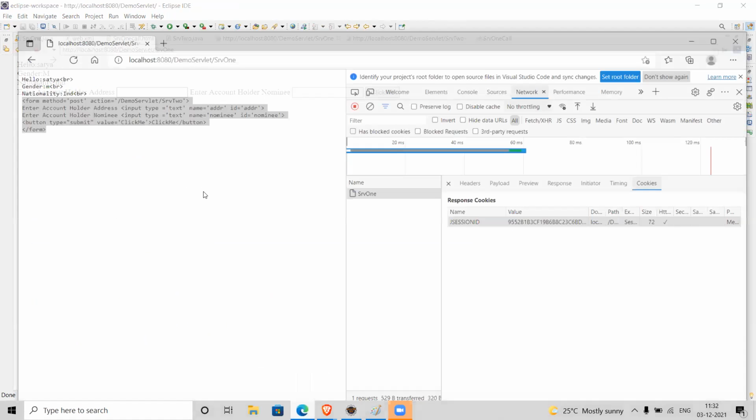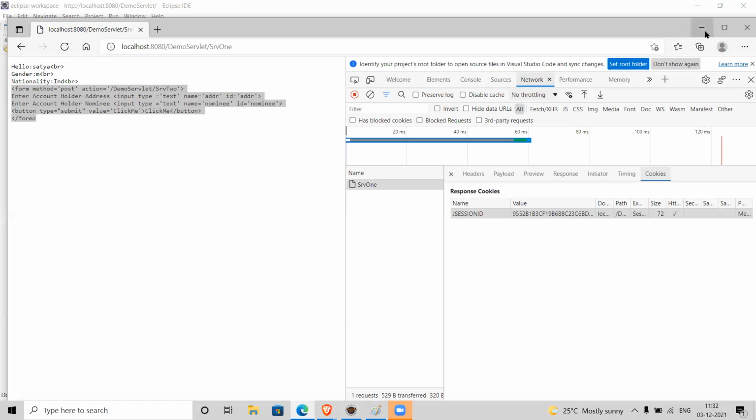That's why it is displaying all this information here. Maybe you need to restart this browser to close that one.